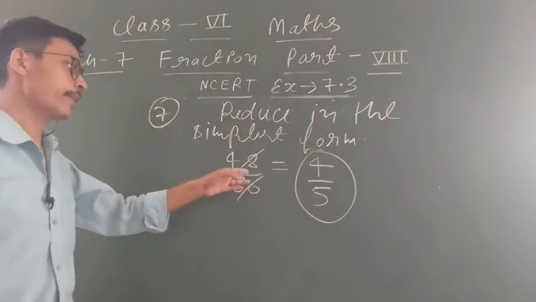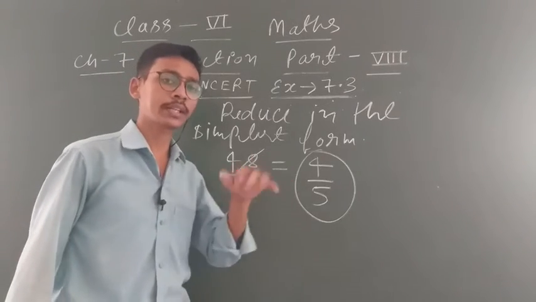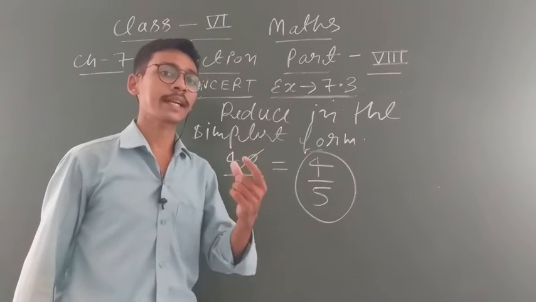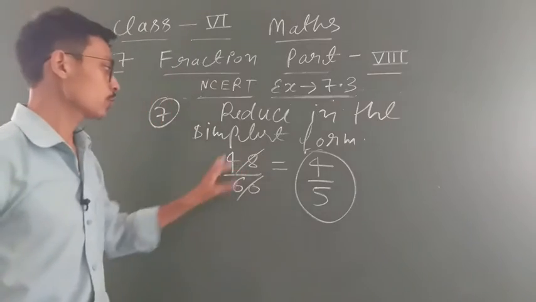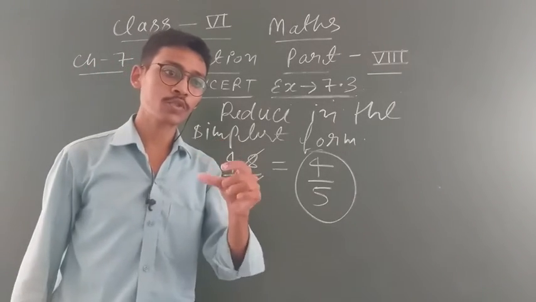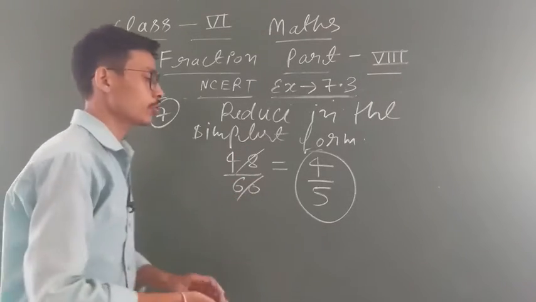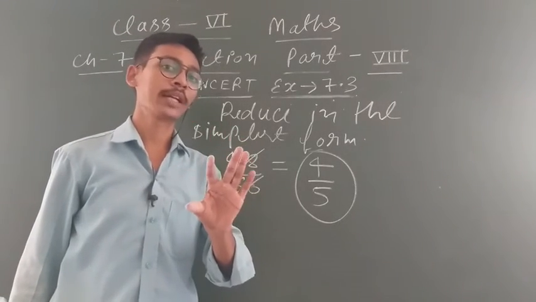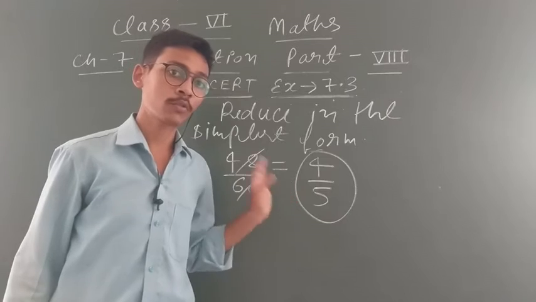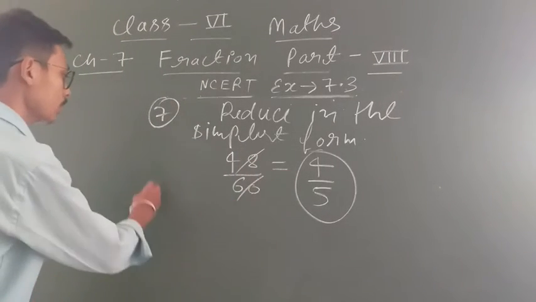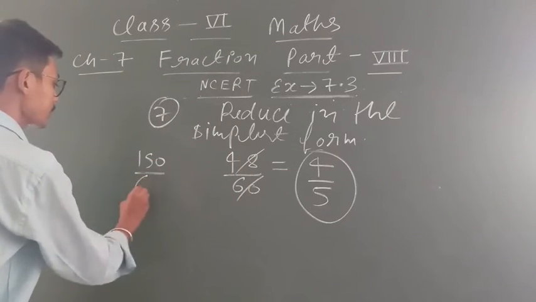Done. If you divide it by 2, it will come 24 and 30, it will take a little bit more time. Okay, but in the starting you can try to do this, but just know that you have to do the question very frequently. And now this is 48 upon 60. So you know to take the table of 12, and the tables should be learned for doing this type of question. Again, one question 150 upon 60 is given.